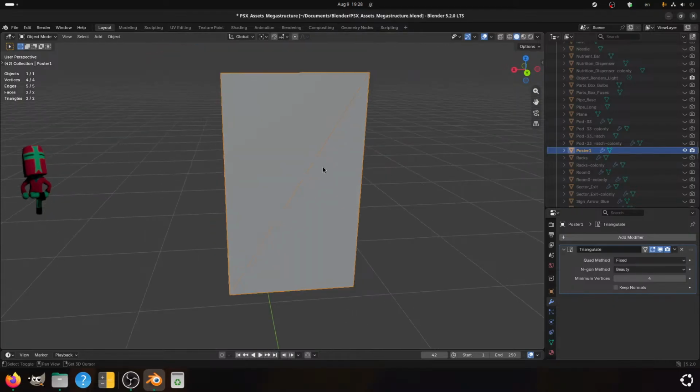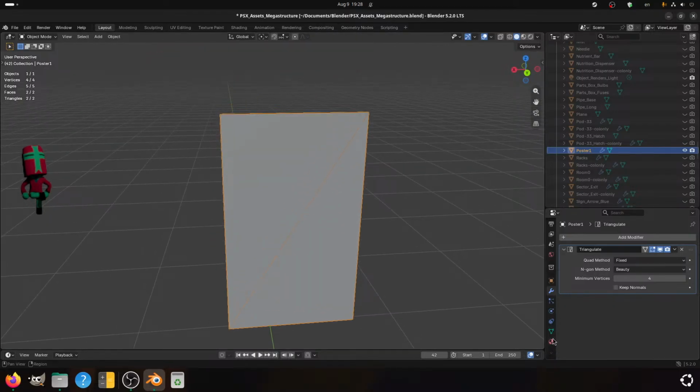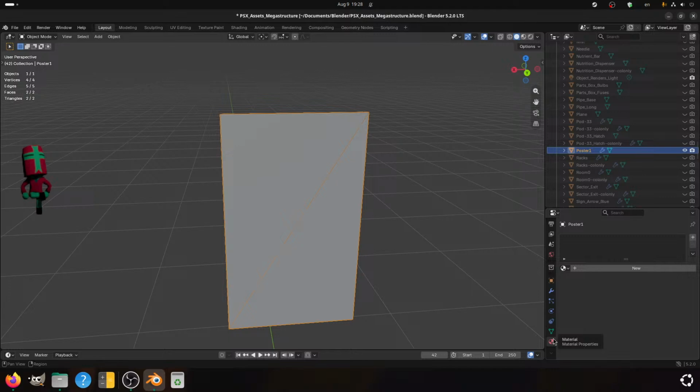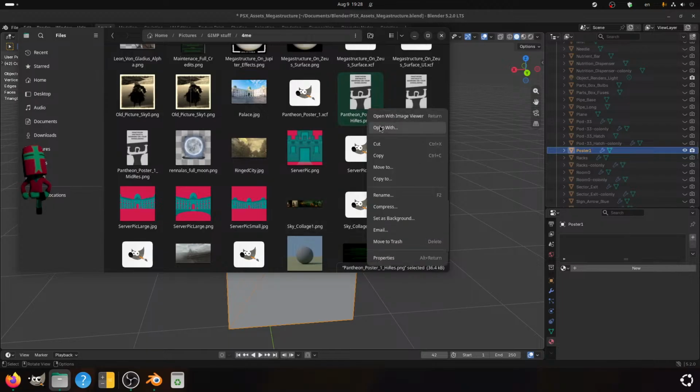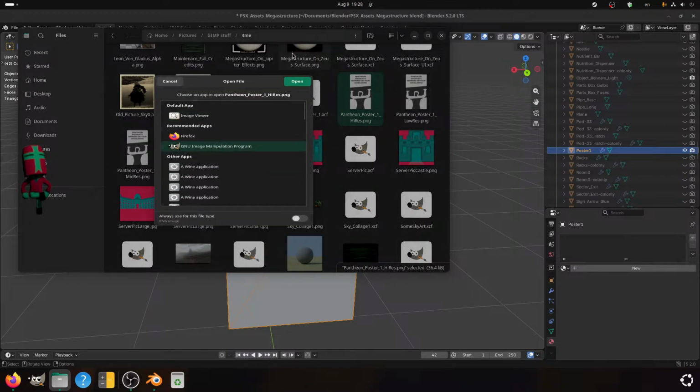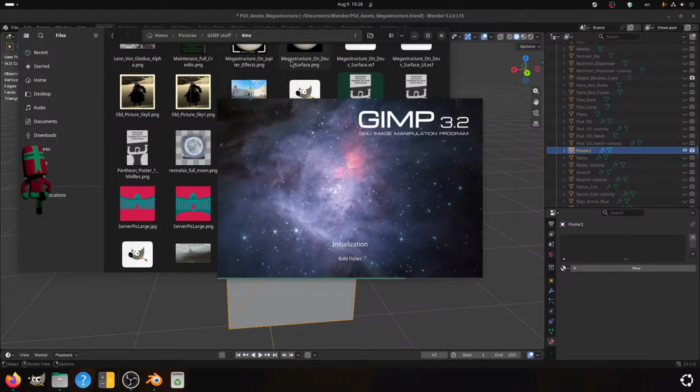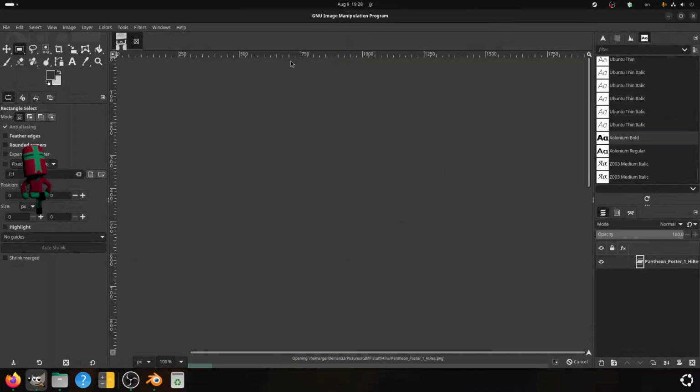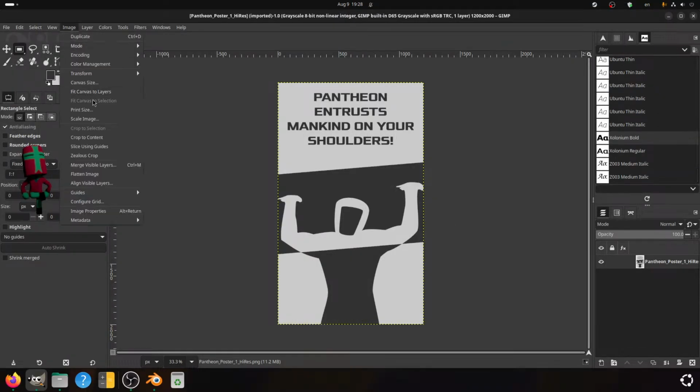Don't know if I'd like anything for you. Anyway, now that I think about it, actually, we kinda want a really low res version for the poster itself.